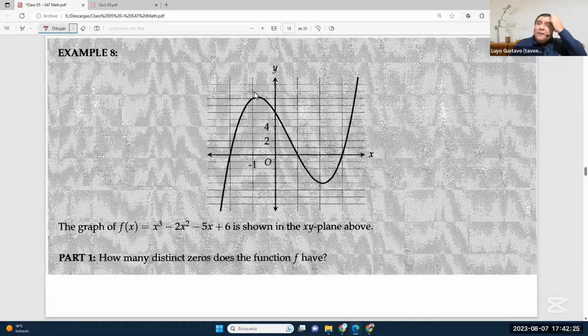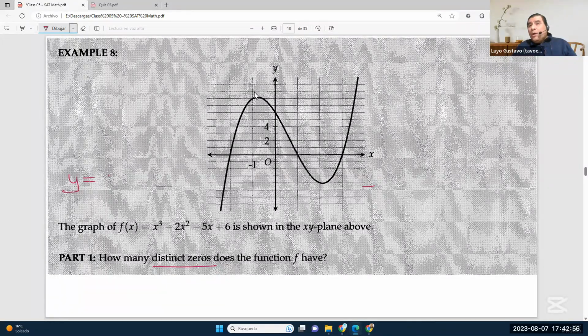The graph of f of x equals x cubed minus 2x squared minus 5x plus 6, a cubic function, is shown in the xy plane above. How many distinct zeros does the function f have? In other words, remember the expression zeros means how many crossing points exist between the curve f and the horizontal